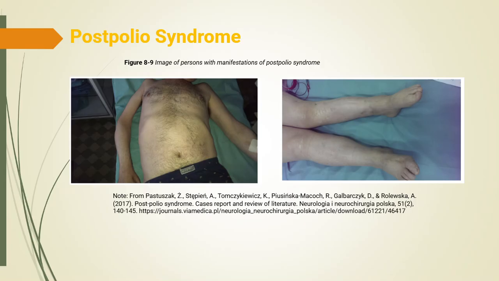Some patients may also develop joint deformities, contractures, or changes in gait because they rely heavily on stronger muscles to compensate for weaker ones. Clinically, patients often report new fatigue, pain, shortness of breath, and decreased endurance that gradually worsen. The nurse's role is to monitor mobility changes, support safe ambulation, and encourage energy conservation techniques. These patients benefit from low-impact, non-fatiguing exercise, assistive devices, and pacing activities to prevent overuse of weakened muscle groups.